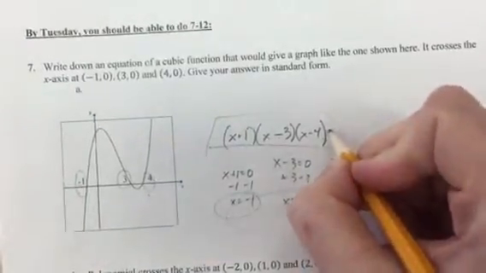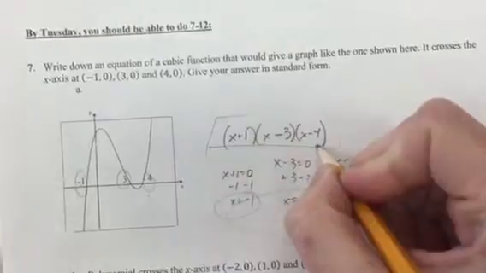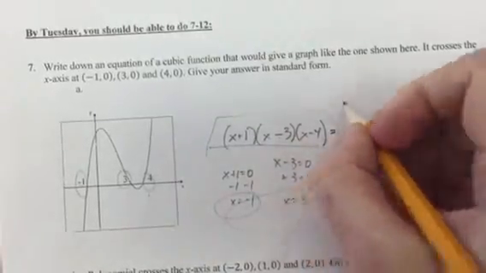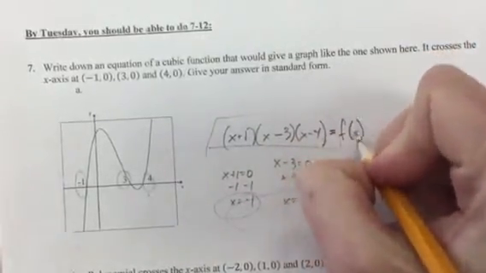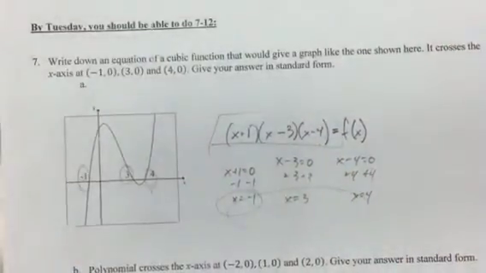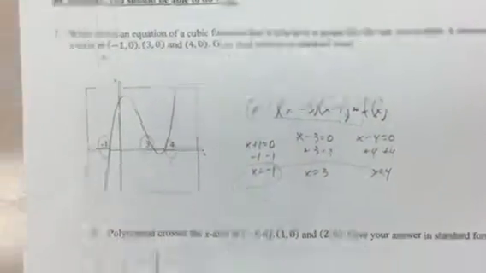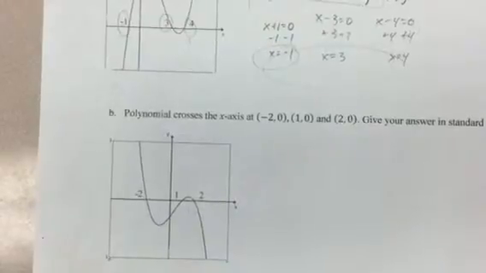Now I'm going to be really picky. This is technically not an equation yet, it's an expression. So an equation would have this equal to f of x or y. You need an equal sign to be an equation. So you do 7b